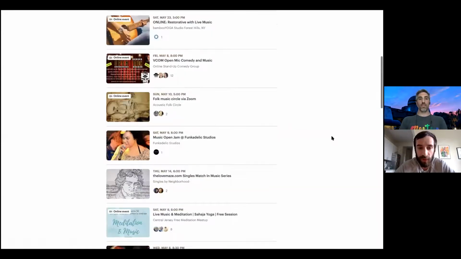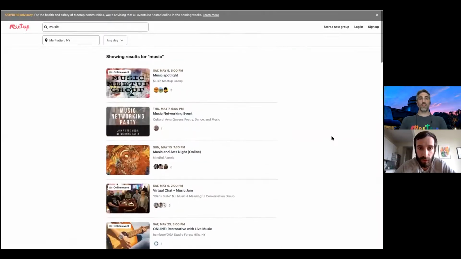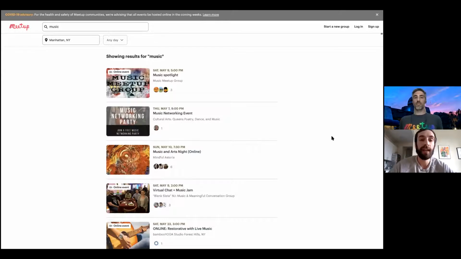Now, this looks cool, but I also want to note that one of the most valuable parts is what's happening behind the scenes. Search results just look like search results, but we have a team here at Meetup, called the machine learning team, and they're working to always improve the algorithm that generates search results. So that when you do these more detailed searches, it's not just searching for keywords, but also for topic and for what the event is actually about and what the group is actually about.